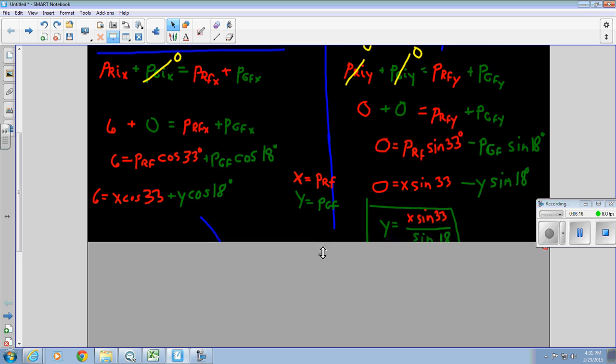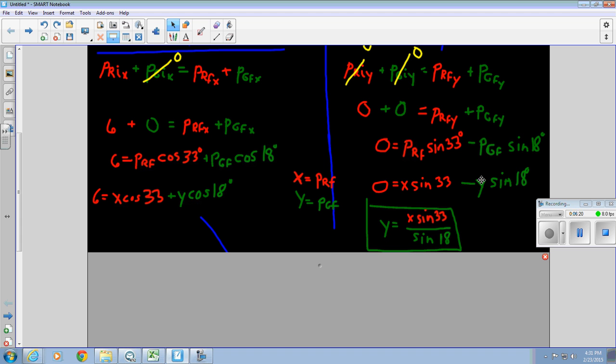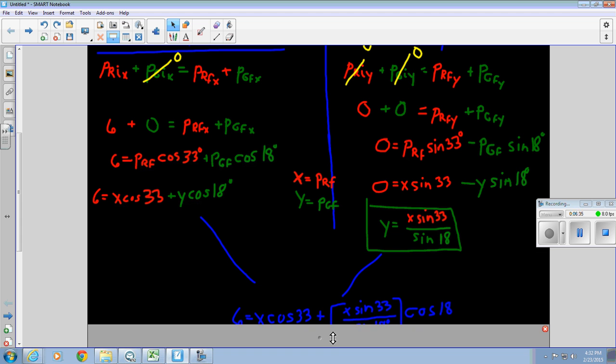So I'm going to isolate the Y over here, and we can see that Y is going to be equal to X sine 33 over sine of 18. That's just isolating the Y. We're going to take that and plug it in over here. When we combine these two equations,